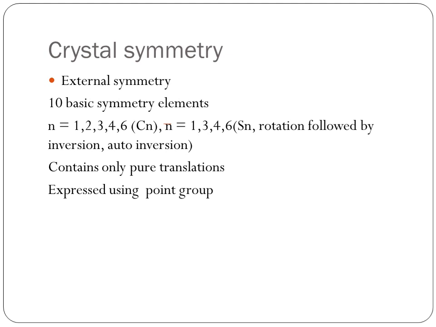External symmetry contains no translations. It is expressed using point groups. The external symmetry is represented by point groups. Then, for internal symmetry,